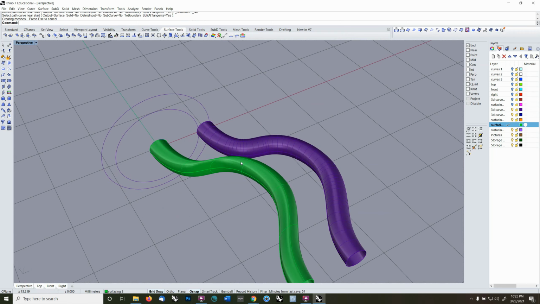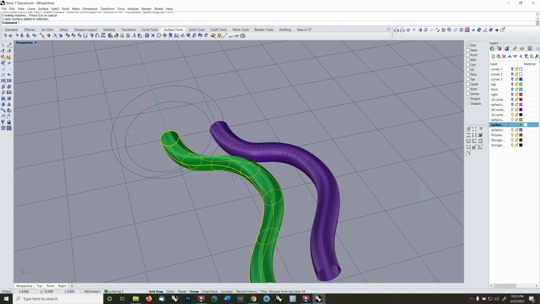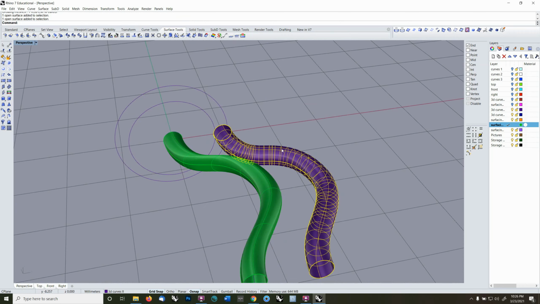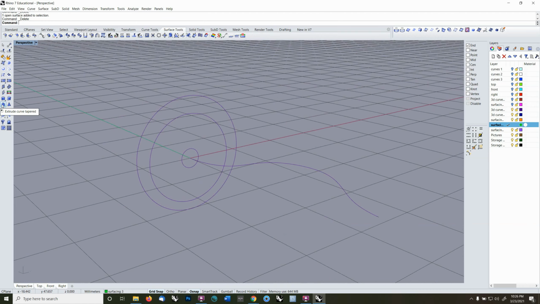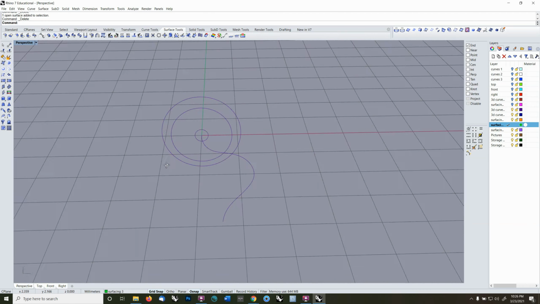Okay, so there's really not an instance where this is more useful than that. I'm always going to either use a pipe or I'm going to use a one rail sweep first to create something simple like this but much more predictable. So not a really useful command, but it's there. Okay, let's talk about extruding